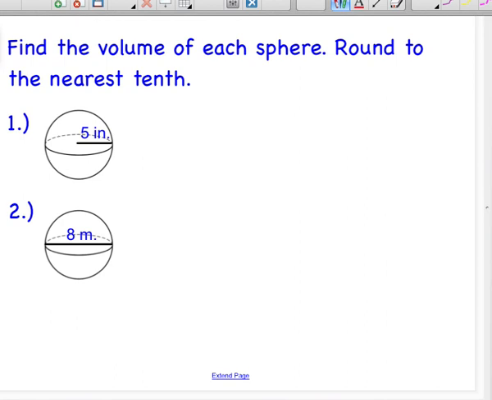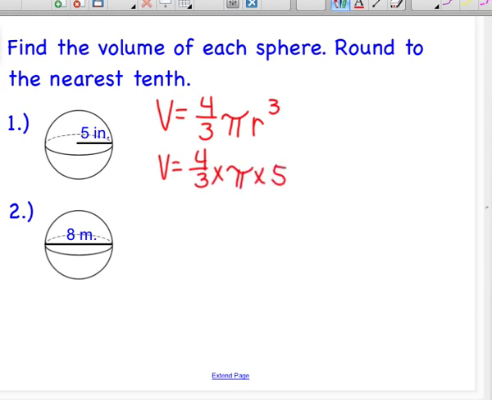All right, so for example, here's a nice sphere that has a radius of 5 inches. So I start with my formula. Volume is 4/3 pi r to the third. I'm going to substitute in my values. Radius is 5, and 5 to the third power is not 15. It's actually 125. So in my calculator, I type in 4/3